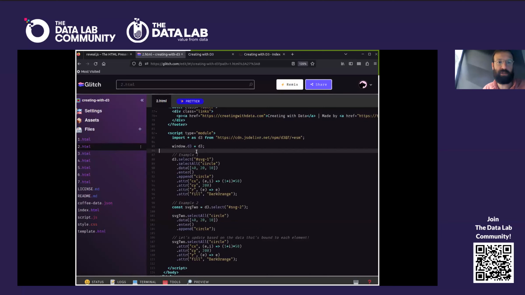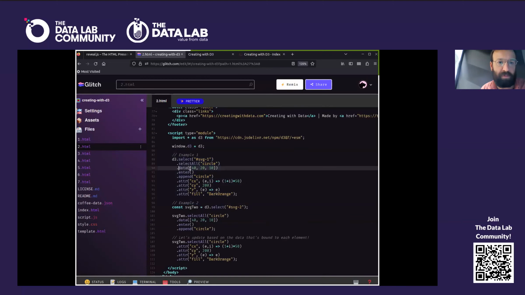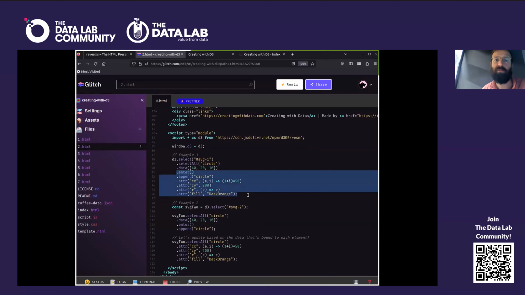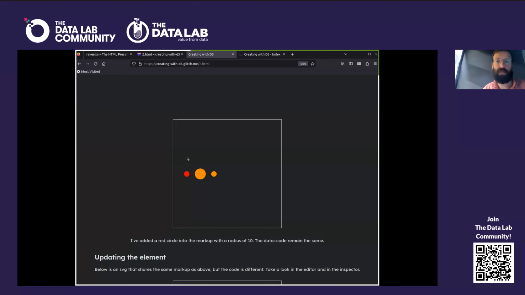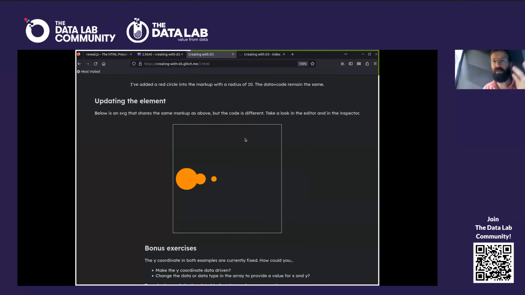So this is pretty much what I was showing you in the slides. We've got data 40, 20, 10, and we've got enter, append. Really, what would be nice to do is to make this consistent. So that brings me to the update state, right? So we've got